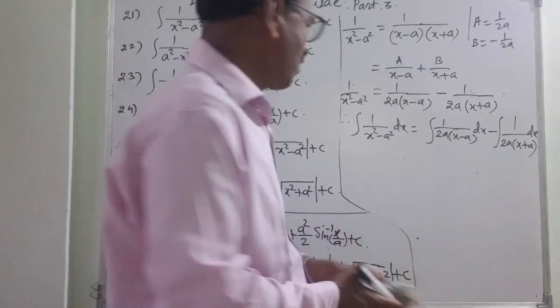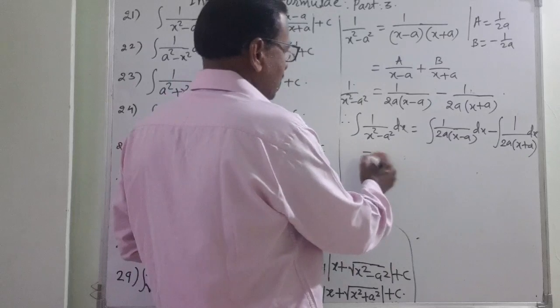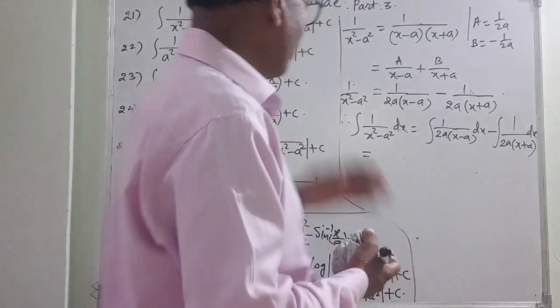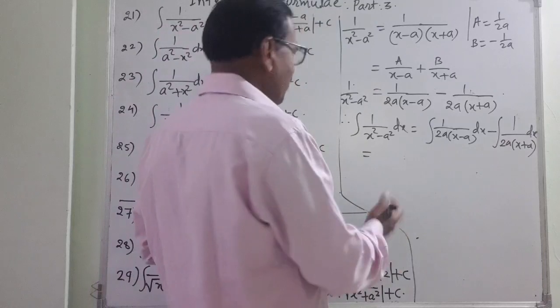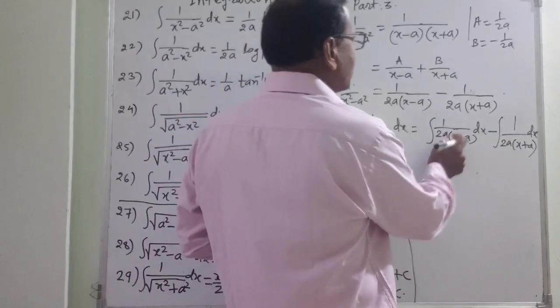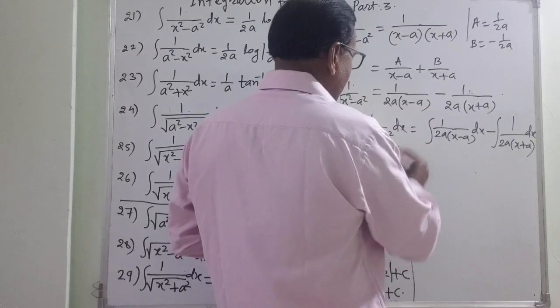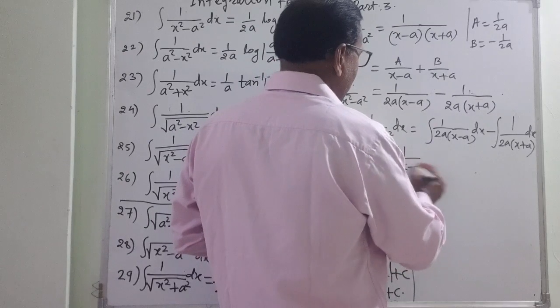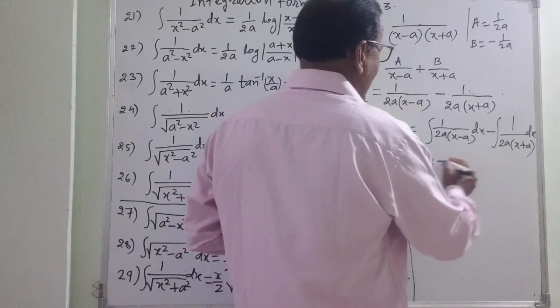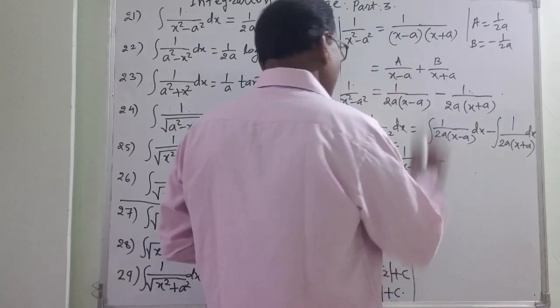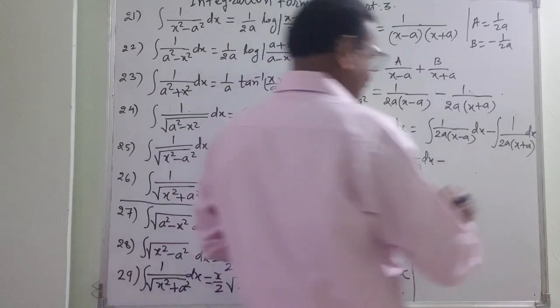Yes, I have put the integration side. This is equal to... Now, I have told earlier that integration, derivative, limits, whatever we are finding it of the variables. So, this is a constant, pure constant. So, 1 upon 2a is taken out, 1 upon x minus a dx minus, this 1 upon 2a is taken out. That is also common in both. So, I have put a bigger bracket.